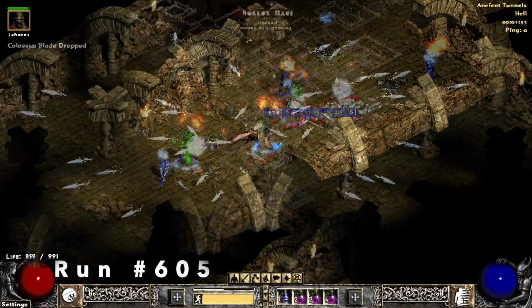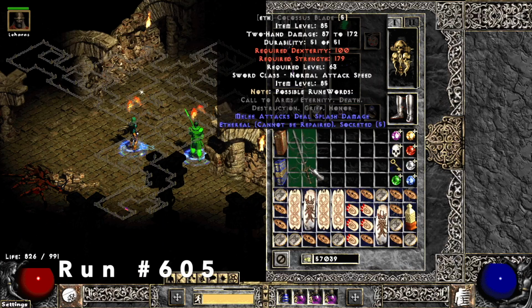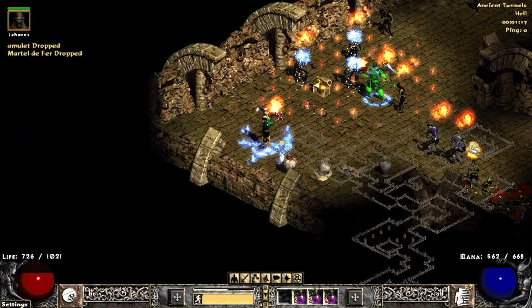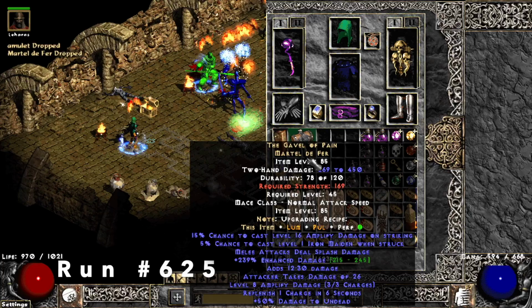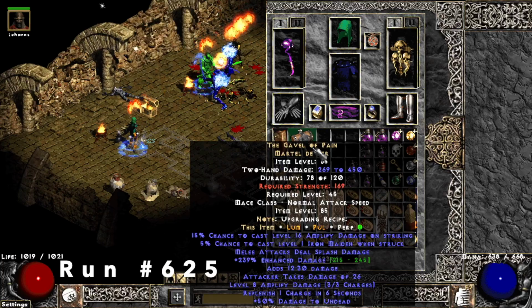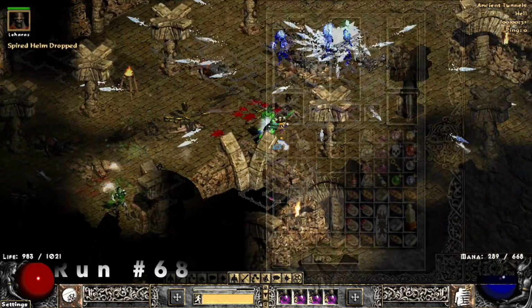Run 605, we find an Eth Colossus Blade, 5 sockets. So this is where I made my Death runeword. If you guys want to check it out, I made a video on that. Run 625, we have a unique amulet and the Gavel of Pain. The amulet was just Nokozan, so I didn't even...